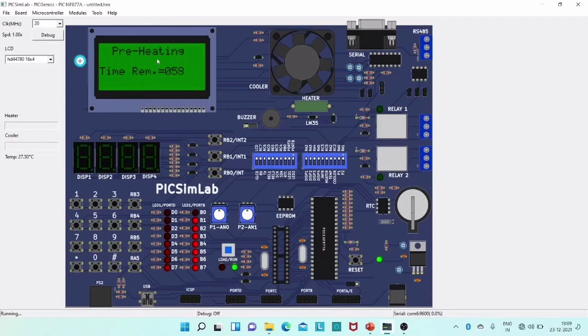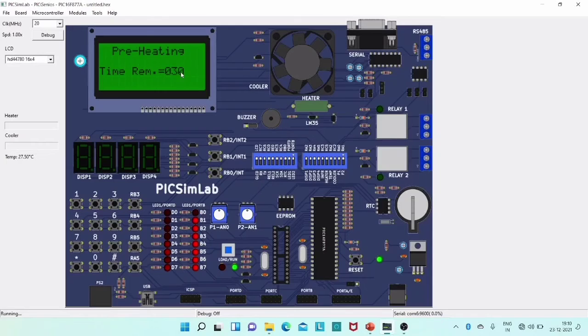So later, after completing this preheating, we can see it asks us for the temperature. After completion of this preheating, set time will be displayed, where we have to set the time to cook.